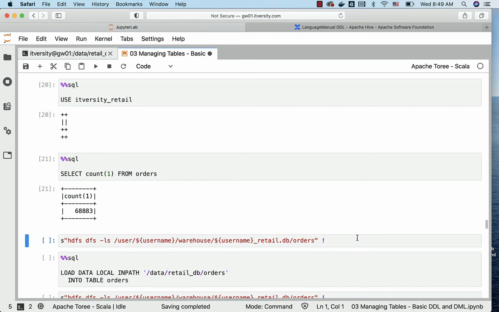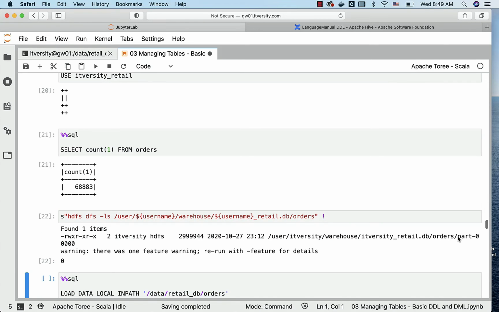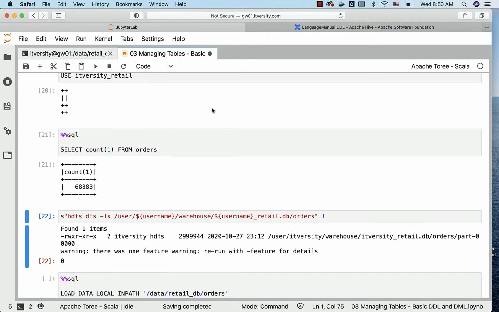You can also validate this location to confirm that it has one file, and you can see the file name which is the same as whatever we have as part of the source locations which we have used to copy the file from. In local file system it is part-5 zeros. Even in HDFS it is part-5 zeros. Irrespective of where we ran the load command earlier, the file name is part-5 zeros because it is what it is in the source from where the files are copied.